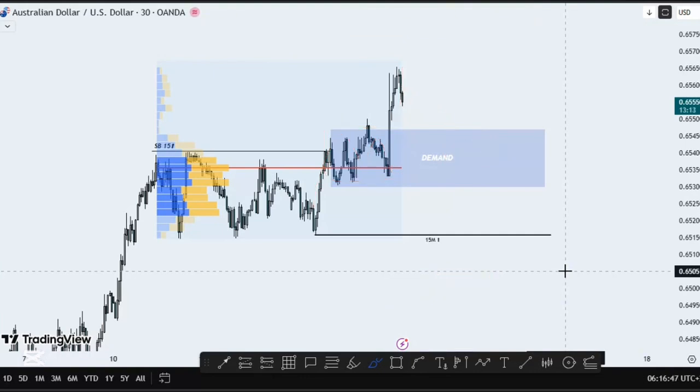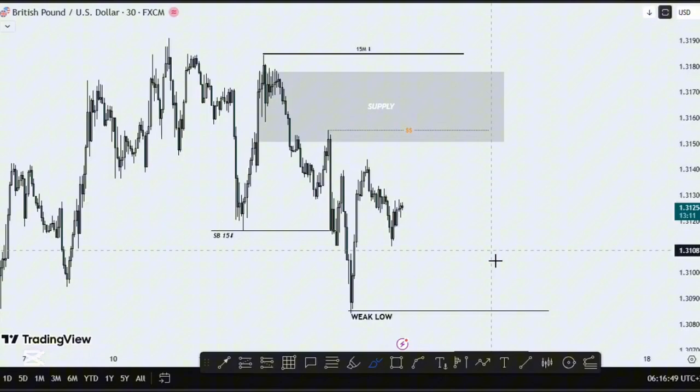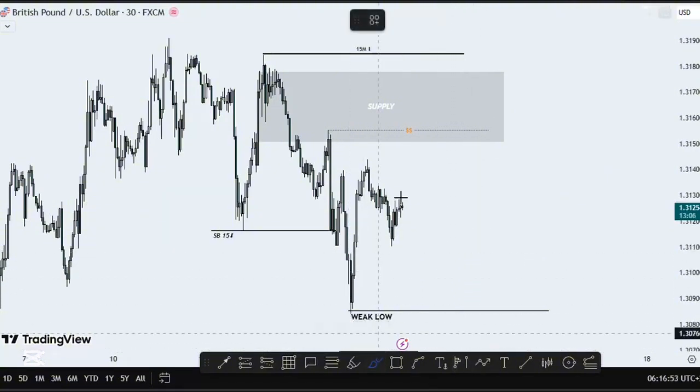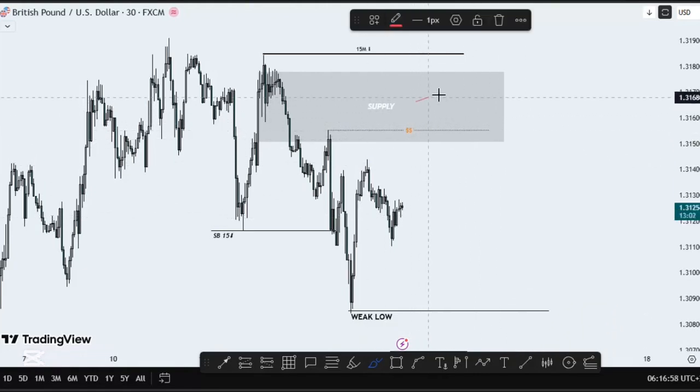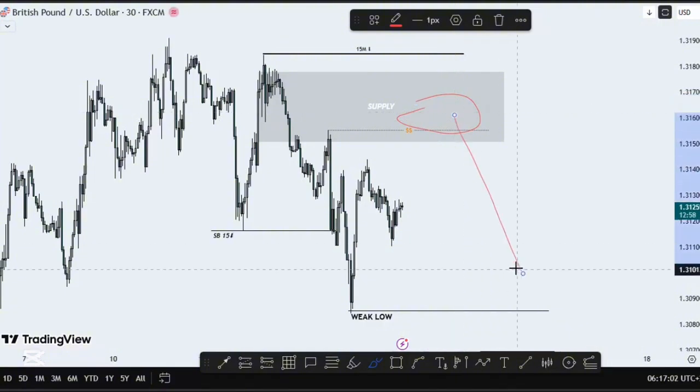So this is for the AUD. Now let's go to the GBP USD. Now for that one, this actually looks like a good trade. So I'm actually going to be waiting for price to reach the supply zone, and I'm going to be targeting only sell